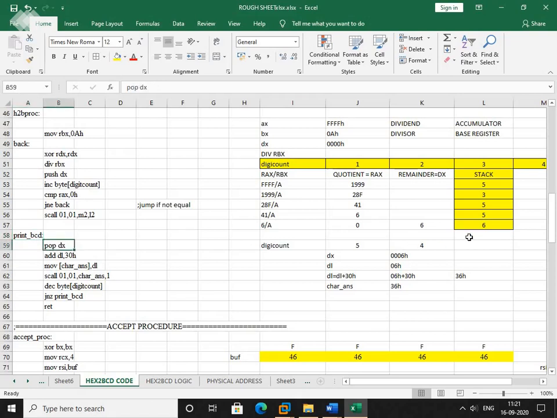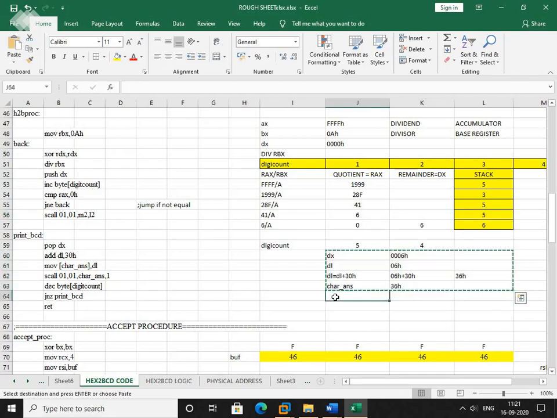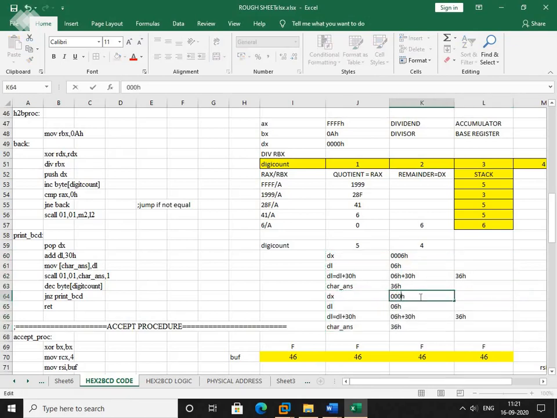So again pop dx. So what is the next value? It is 5. So here dx value is 5, right? So in DL 05h will come, right? Add DL comma 30h, that means 05h plus 30, I will get 35h, right?